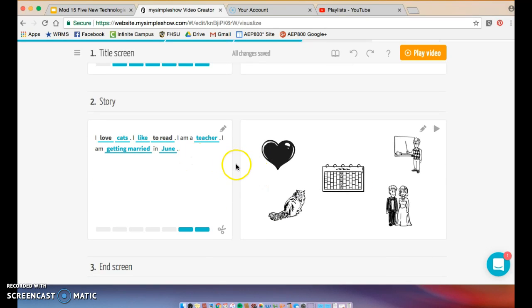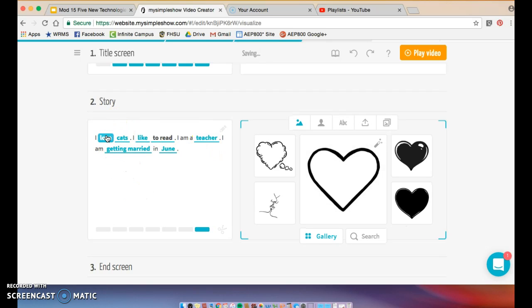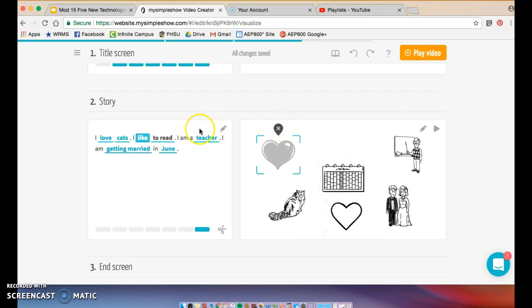Then I'm going to go down to my text about me, and I'm going to see what it gave me. So for the word love, it's already blue. That means it already found an image for me. I can change that image if I want, so when I clicked on the word, it brought up these images over here. I'm going to choose this heart. You can see when I hover over it, it tells me what word was highlighted. It tells me what word that's going with. I'm going to get rid of that one since I'm going to put the heart